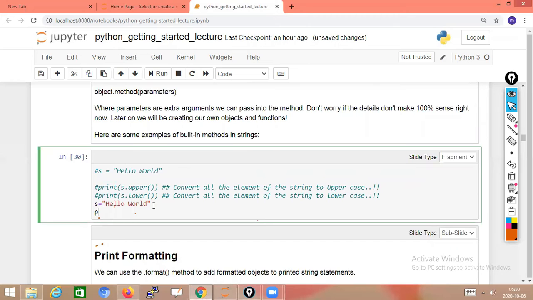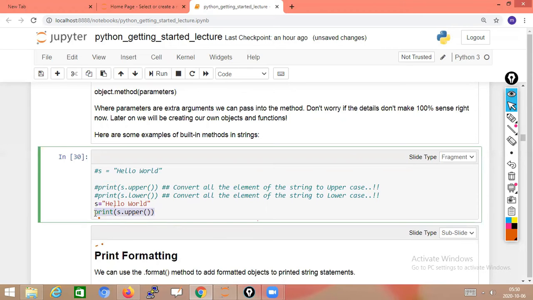So what you have to do is print s.upper. This is a function to convert all the stored s values into upper case.